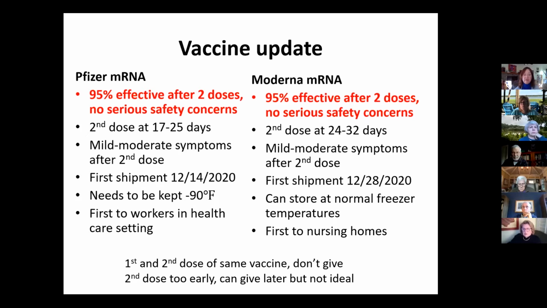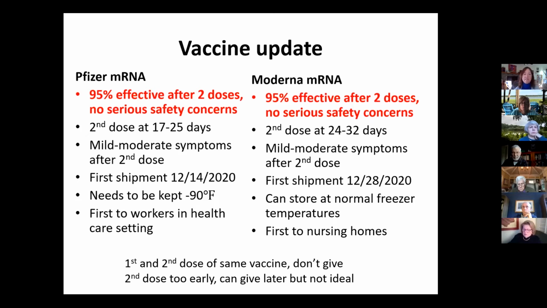And one further comment about the timing of vaccine for first and second dose, because I know we have more vaccine demand than we have supply right now. And that has caused some delays in people getting their second dose and people concerned that they're not going to get that second dose on time. It's ideal to get your second dose in that time frame I mentioned, but it's okay if you get it later. People in the phase 3 studies were getting vaccinated as much as 6 weeks later, and it was still 95% efficacious. So it's important not to give the second dose too early. It's okay to give it later.